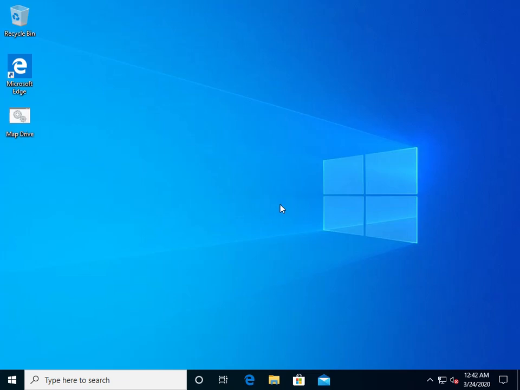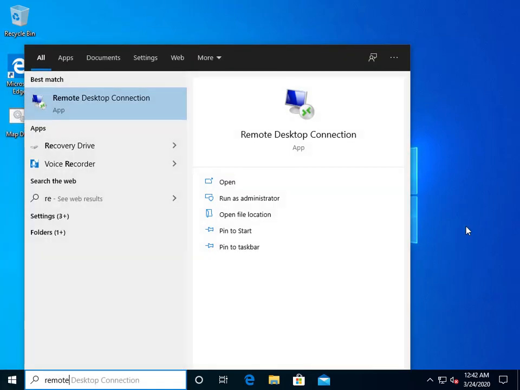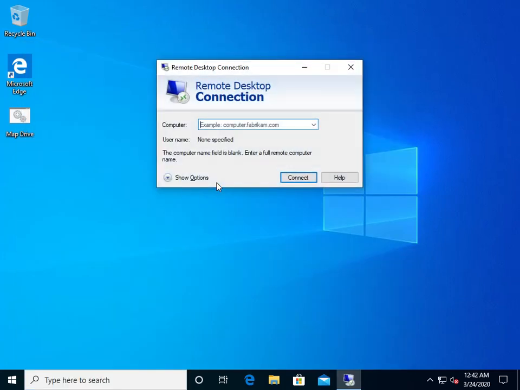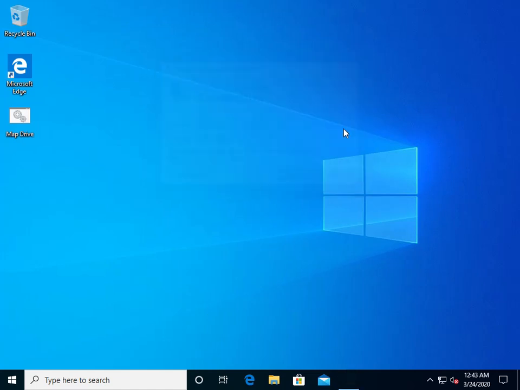So the way to do that is to either type in here or hit this and type remote. Once you get to this, you open this application, Remote Desktop Connection, and you put the IP for the computer that your system administrator assigned to you. Once you do that, you hit connect. It will ask you for username and password. I'm not going to do that because it is a production network.